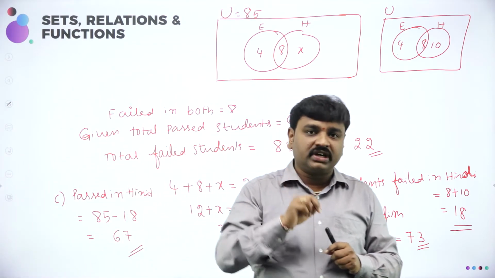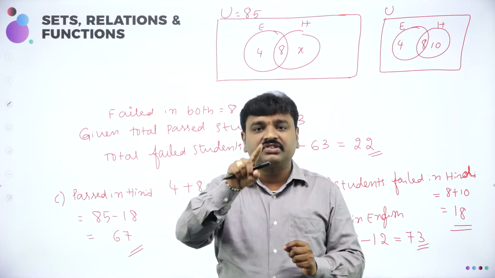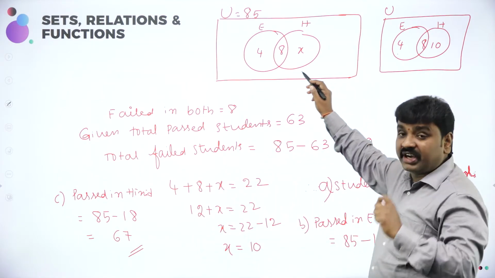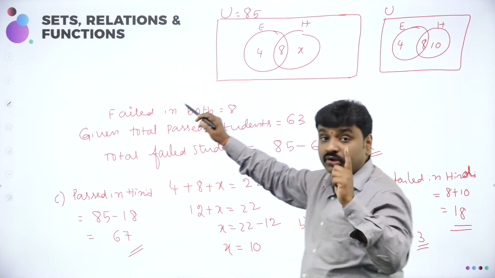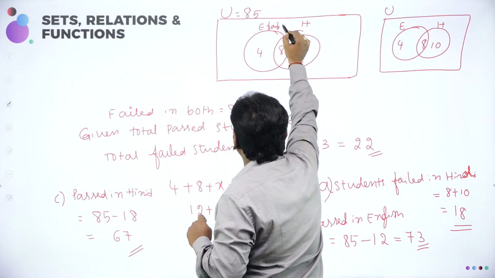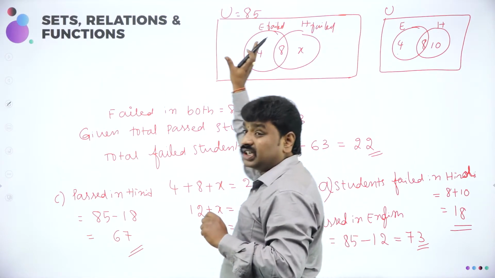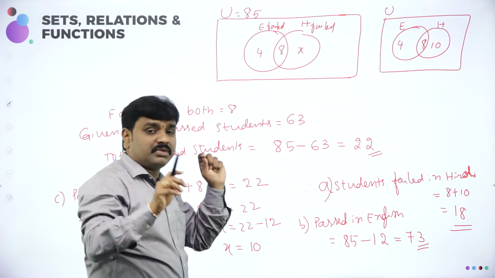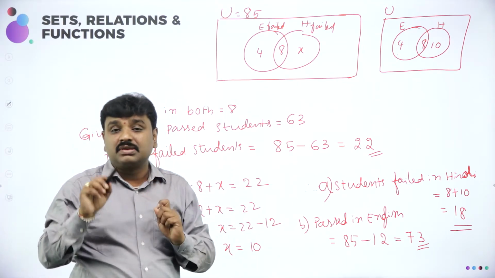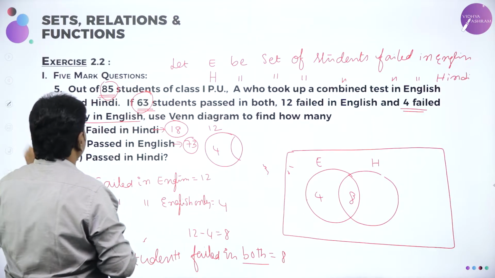So, when they give two different contexts, for passed and failed, construct the Venn diagram taking sets as any one context. Here I have taken a context called failed. E represents students failed, that is why you should mention it, or sometimes they will say E failed. In your book they give E failed, H failed, so you can avoid confusion, but the set you should not write like this. E means set, all of you know the set theory. A set should always be symbolized using a capital letter. That is why just write E, but you write this explanation.